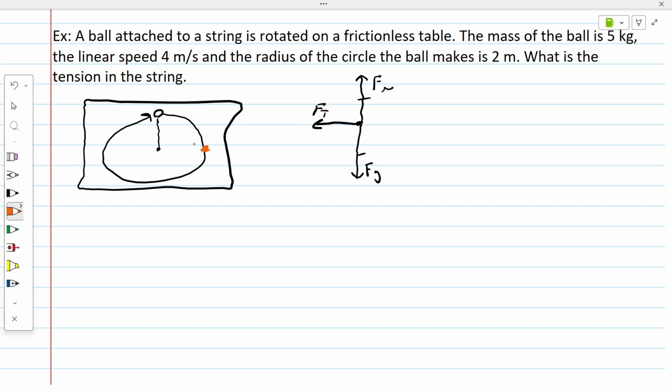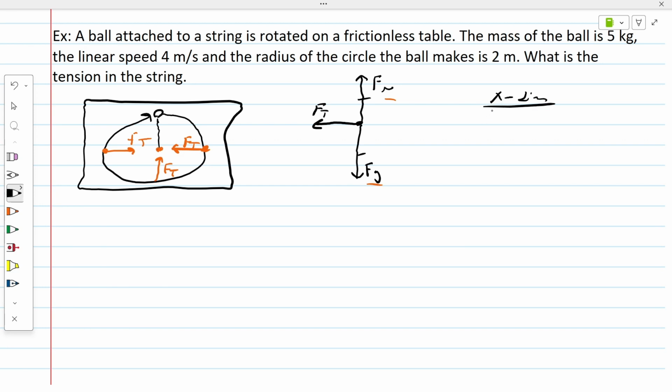This tension force is always going to be pointed towards the middle of the circle, because the string is always coming from the middle. And as we learned with centripetal acceleration, it's also in the same direction, which makes sense because the force and the acceleration are going to be in the same direction. Okay, so we could make our balance for the y direction, but that's not really going to help us out because we just know these two forces are balanced. But if we look at the x direction,